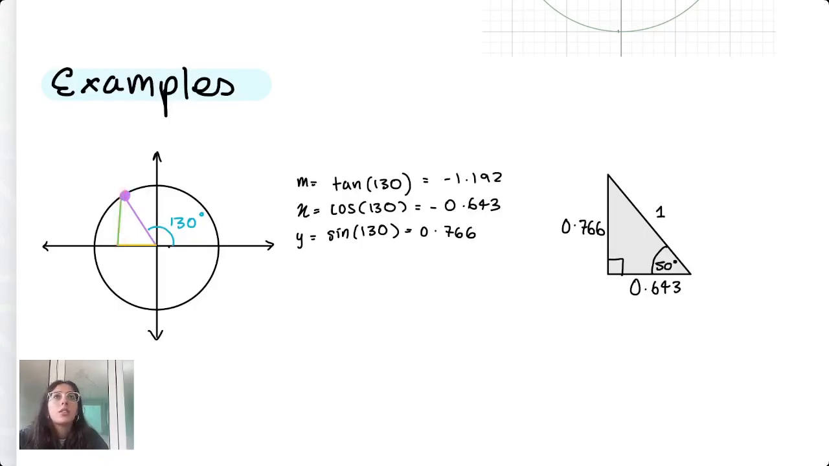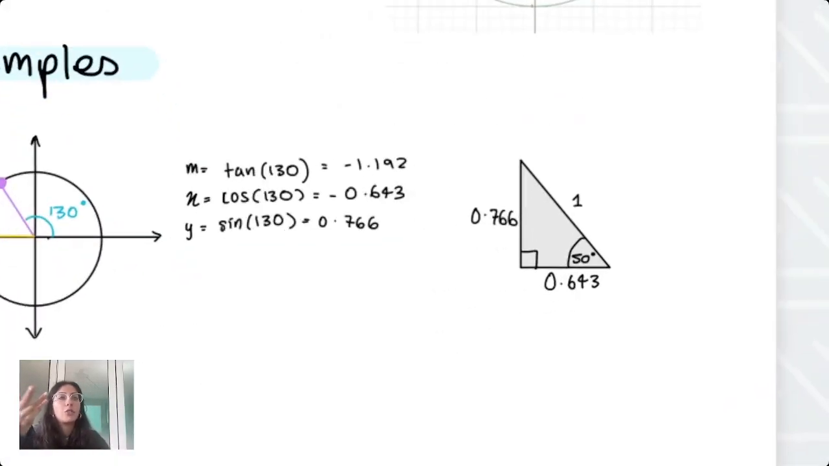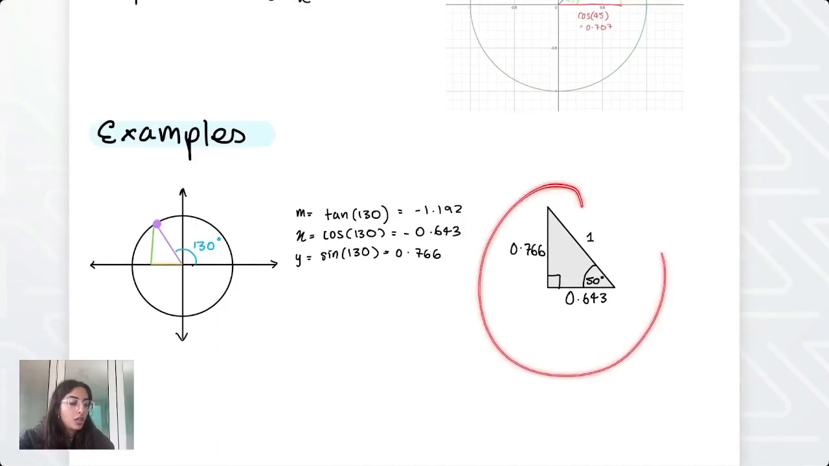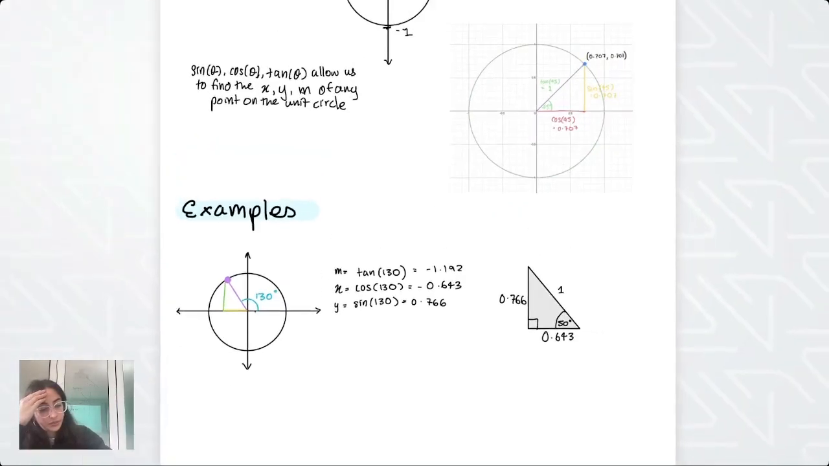This is fun. So does everyone kind of get this? So if I give you a triangle and I tell you that the hypotenuse is 1, do you guys see how the hypotenuse of any triangle on the unit circle will always be 1? So if I give you a triangle and I give you the angle, you can always figure out the x and y. Yeah? So for homework,